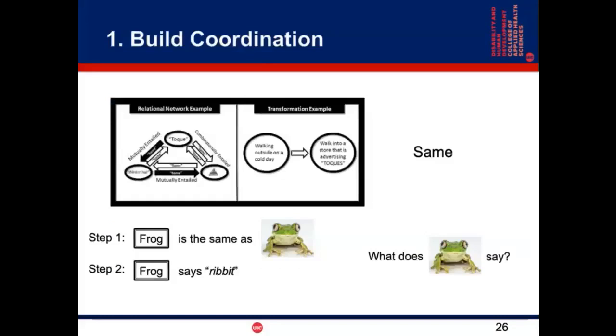Thank you, Dr. Dixon. So the very first example shown on the screen builds upon what was shown earlier with the ladybug, of how we can use the relationship of sameness to add something else on top of just teaching the child the concept of a frog. For example, if I want to teach the child what a frog says, or that a frog says ribbit, one way to do that is to present a picture of the frog and just ask the child, what does it say? And we provide error correction procedures until the child reaches the mastery criteria, and then we move on.